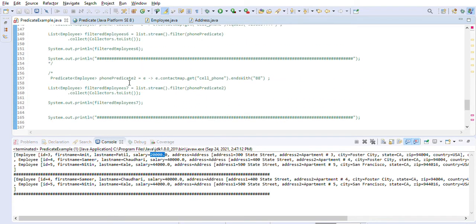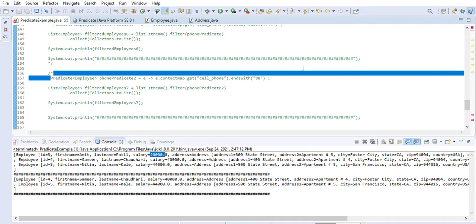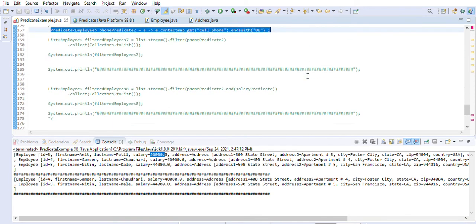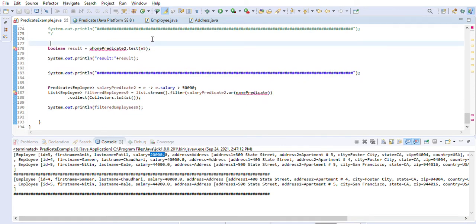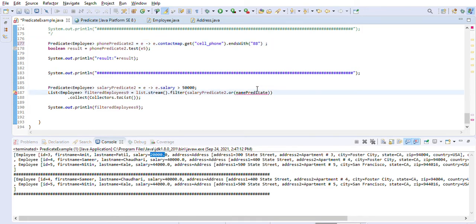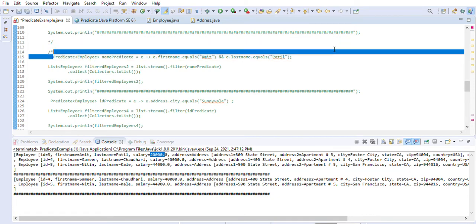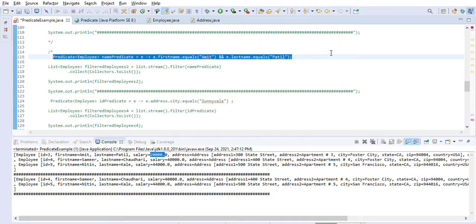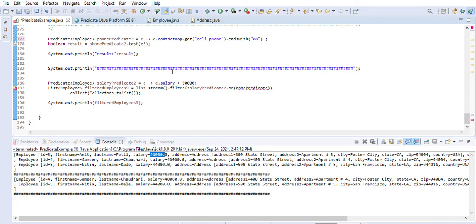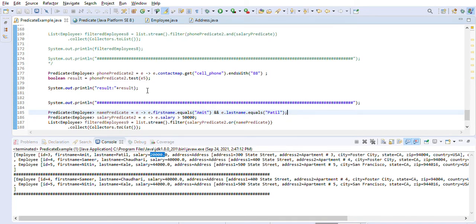Phone predicate 2 is here, so let me get that here first quickly for you. This is our phone predicate 2, and we want a name predicate as well here, right? We are using it, so we will put our name predicate there quickly, so we can compile and run the code.